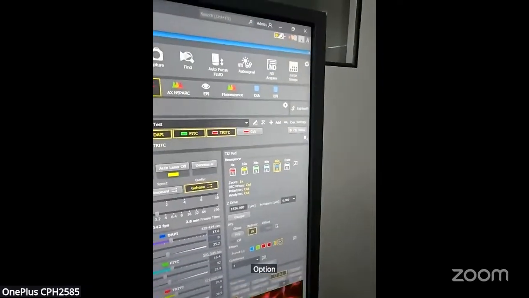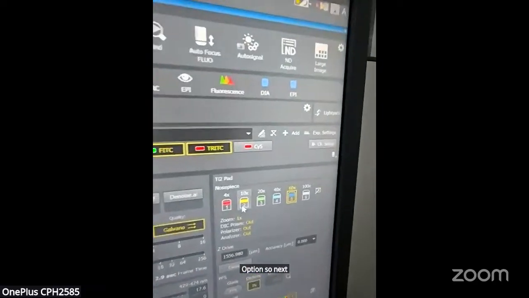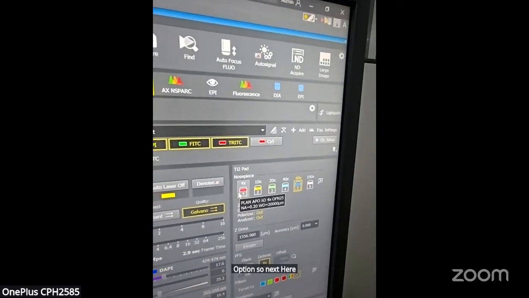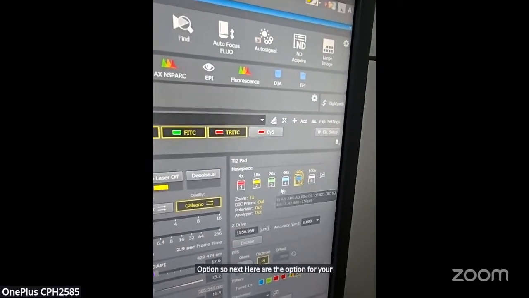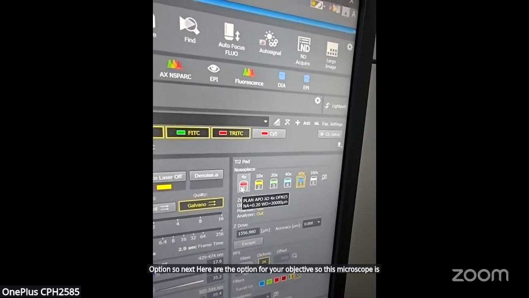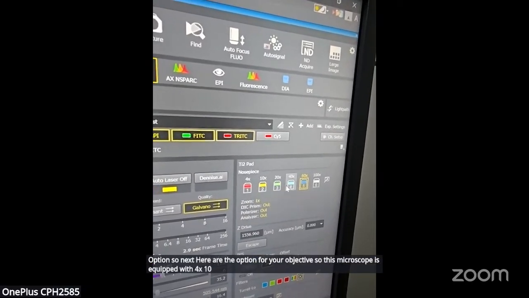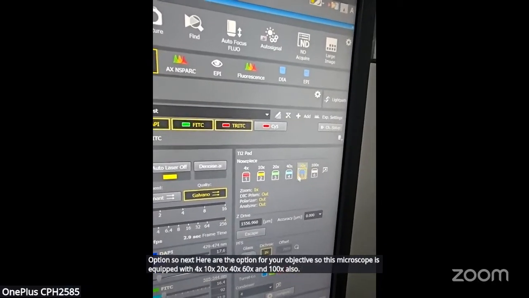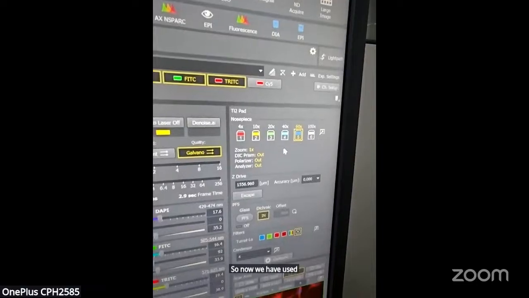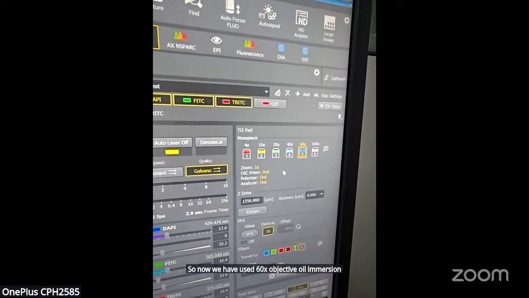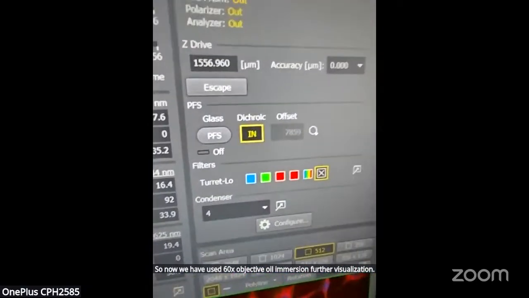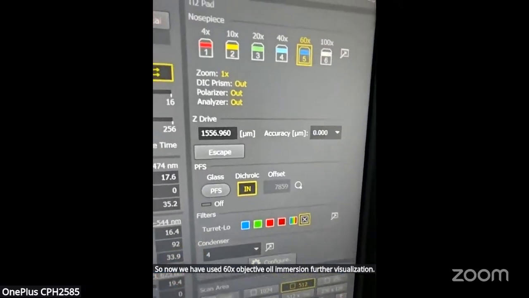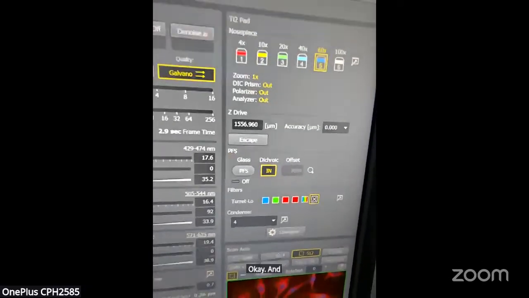So next, here are the options for your objective. So this microscope is equipped with 4x, 10x, 20x, 40x, 60x, and 100x also. So now we have used 60x objective oil immersion for the visualization. Okay. And next, what we have?